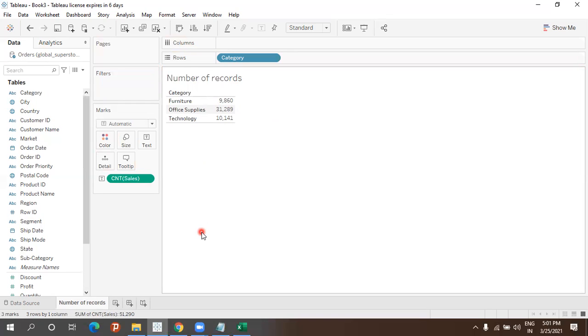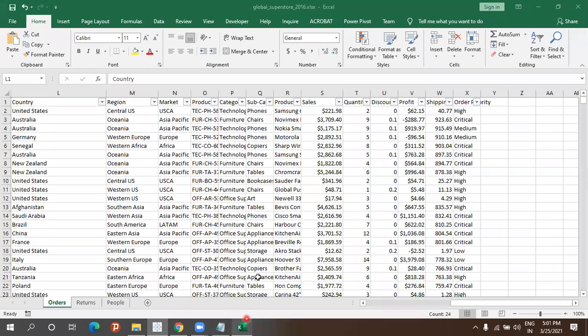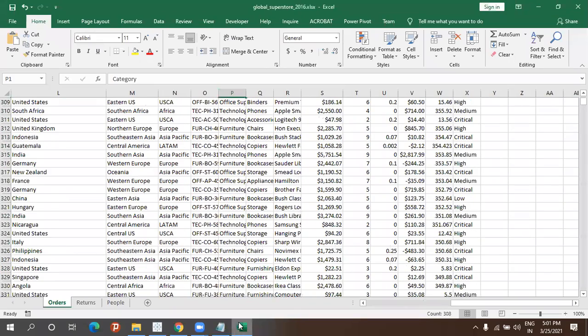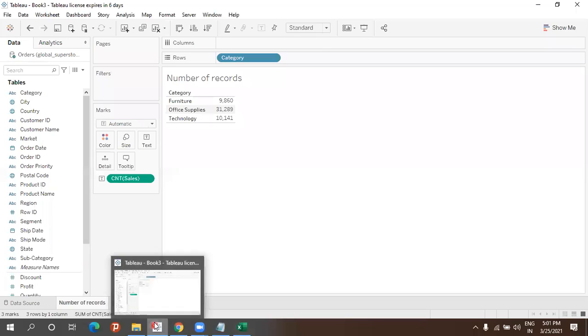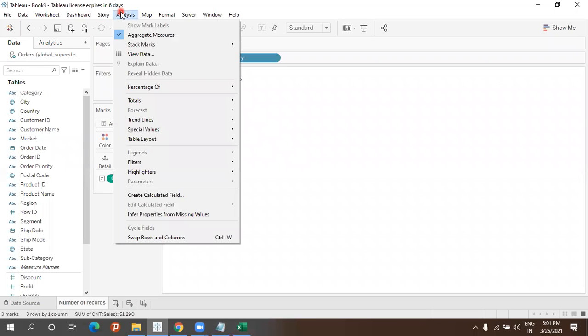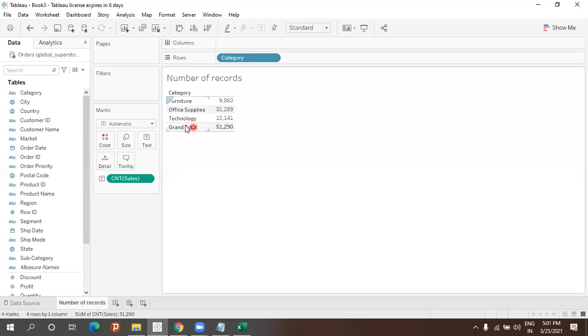Okay. So now I want to know the grand total of this one, so that only then can I come to a conclusion whether the total records in Excel and here together are right. In the categories, how many records are there in total? Are the entire records right or wrong? I want to know the total records. So how can I get the total? We have done this small concept already. Analyze, yeah, very good. Analyze, totals, show column grand total. Yes, very good. So it shows in this place. Okay, so we are getting this answer exactly right.